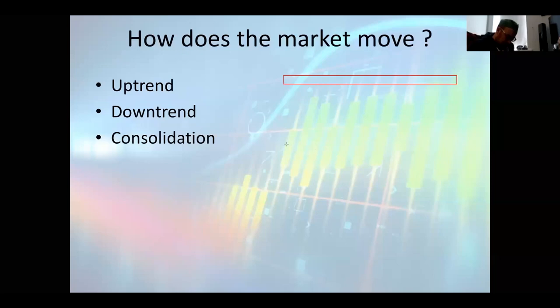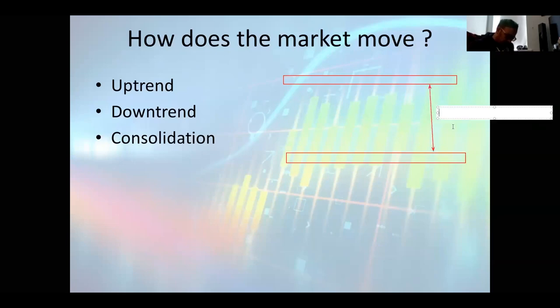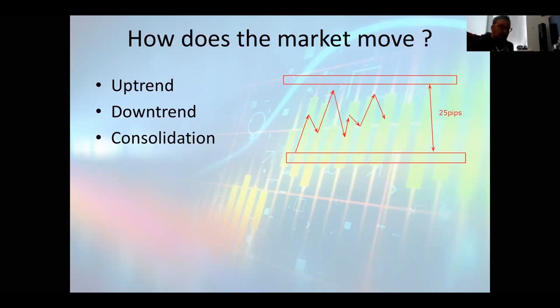Let's say we have a resistance and then we have a support, right? And let's say this range is around 25 pips, right? And price is moving within this range, like this or like this, price moving within this range. So now if someone gets a bright idea that they want to take